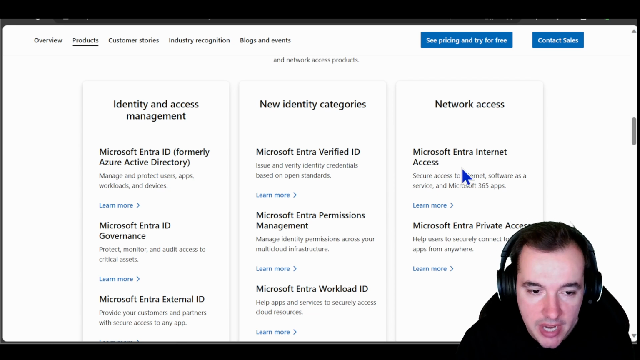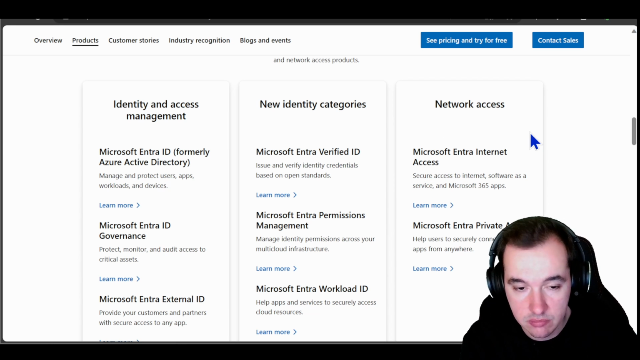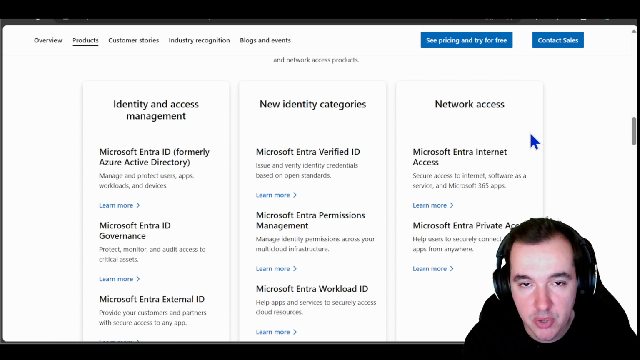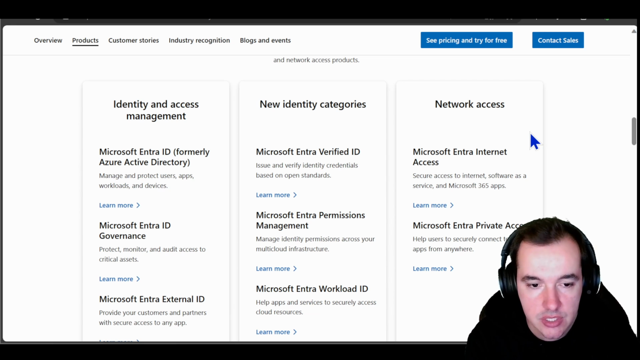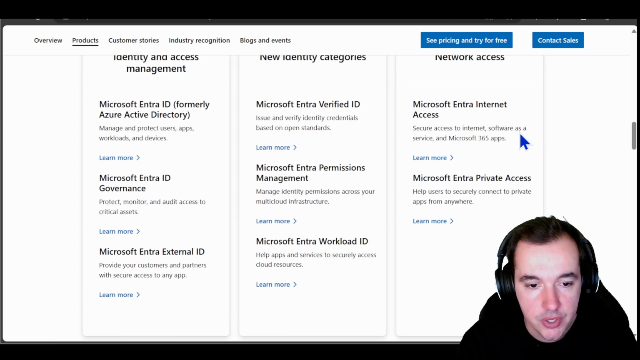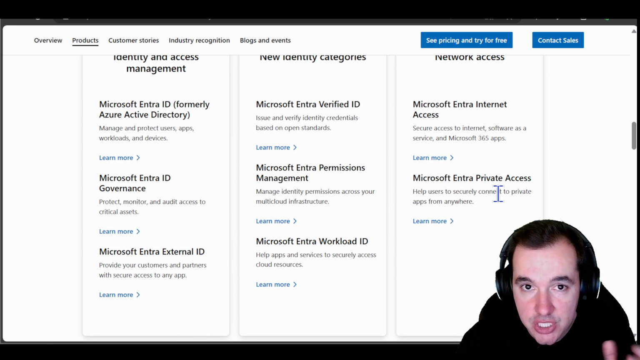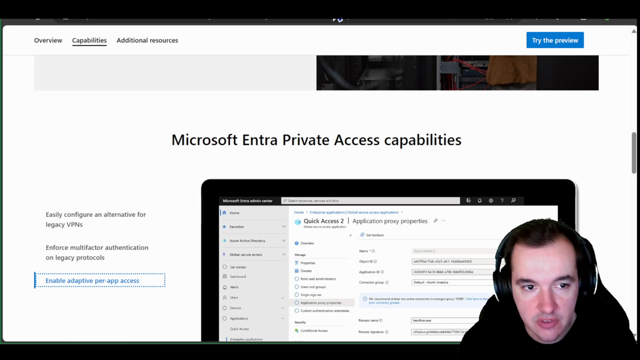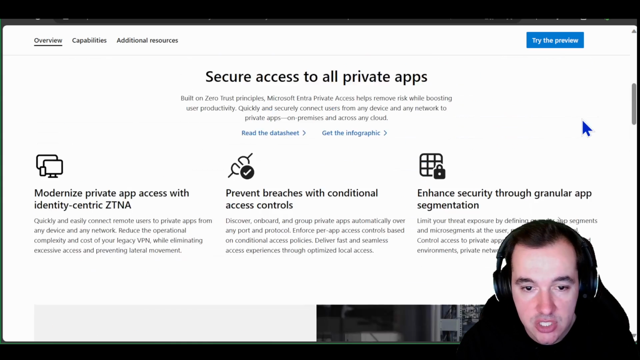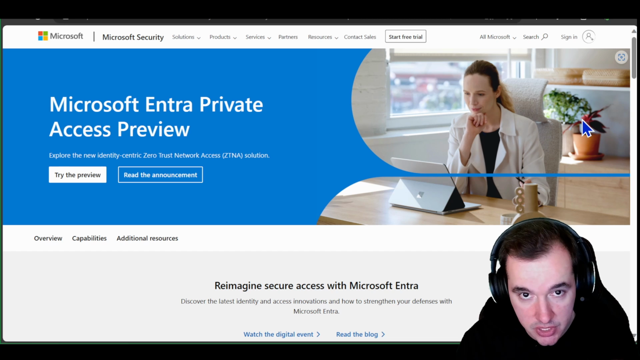Lastly, under network access, we have the couple of products that I will be focusing on here, which is Entra Internet Access for all access to your Microsoft and cloud applications, and Entra Private Access, which is the topic of today's video, being your way to secure connections to your private applications. If I go into the specific page for Entra Private Access, which is this one right here you're seeing on screen,